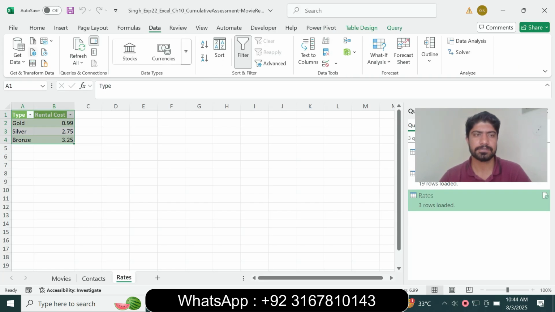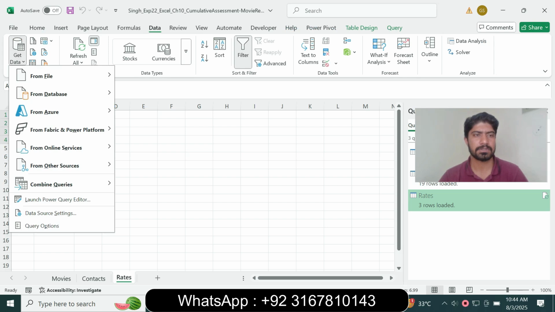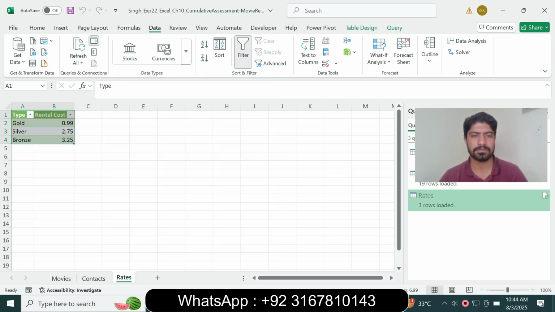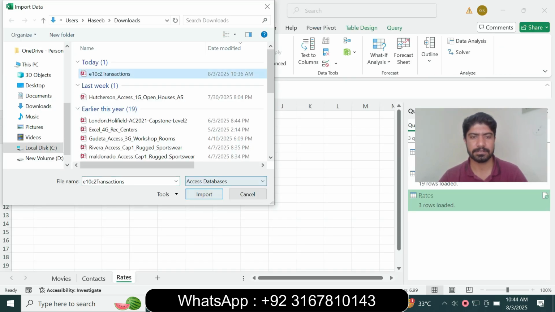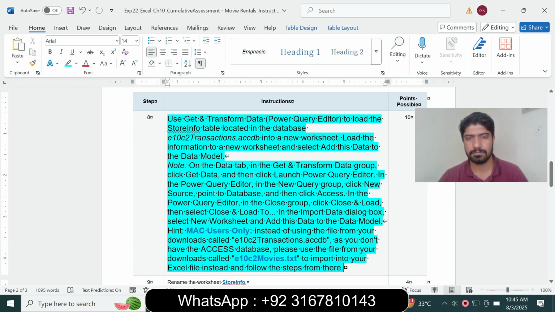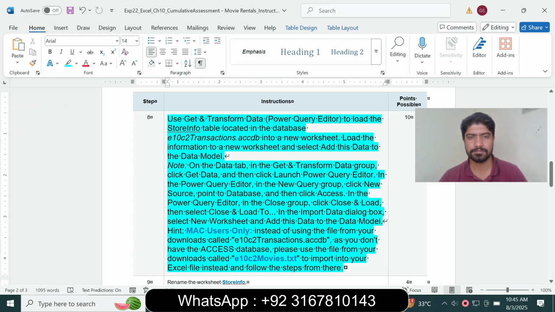So go to the Data tab, then from Microsoft Access database, select the Store Info database, choose Ch10 Transactions and click Import. Select the new worksheet and load the information to a new worksheet. Click the Store Info data table